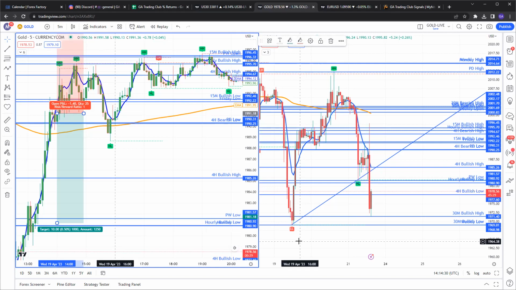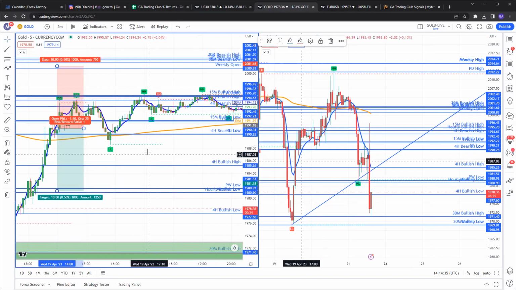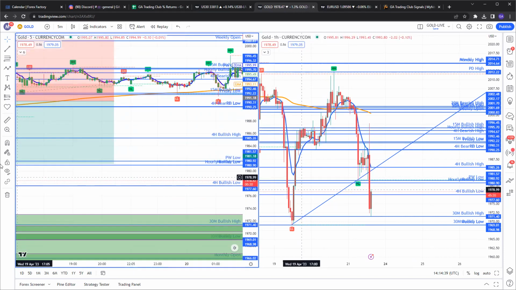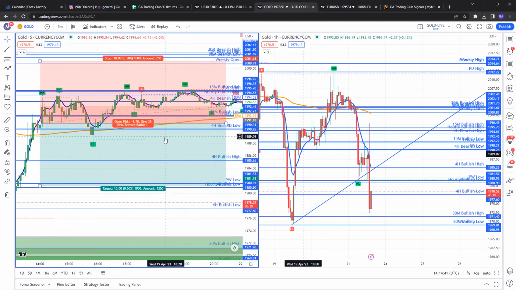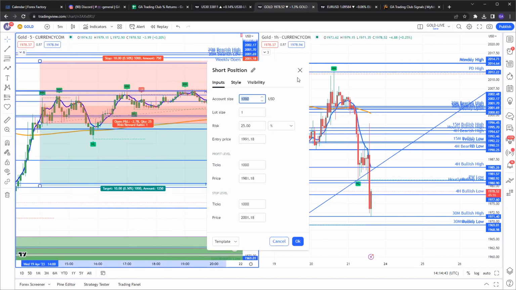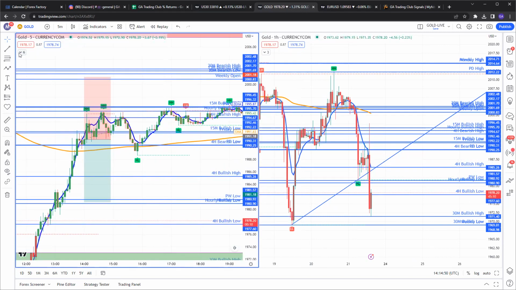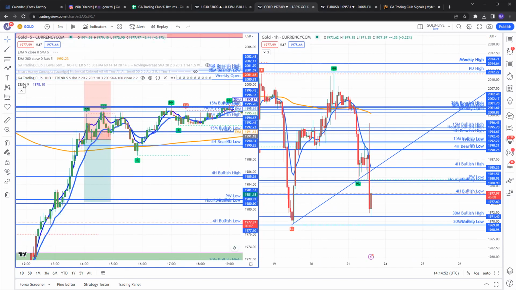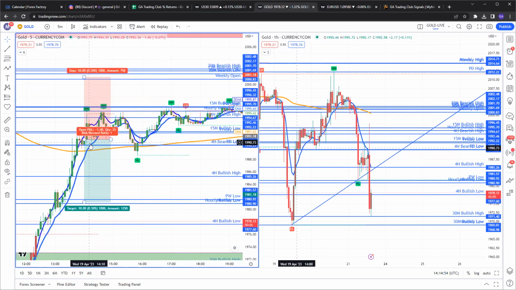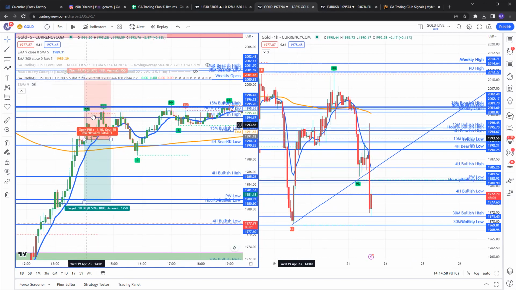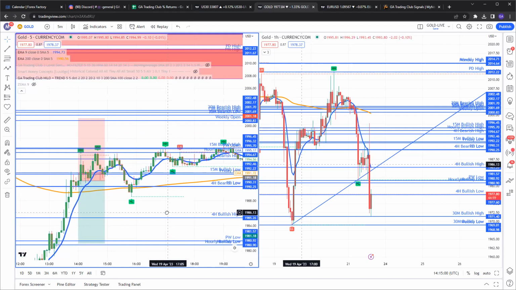For the reversal strategy, you can go for double the TP and stop loss. If you went for 100, I think you could have survived this one, but I don't like holding trades for that long. Let me minimize that and turn on the other one. Now, on the other hand, if you had the other one that has some lag, this right here wouldn't be an entry. Let me turn off the other one. This right here wouldn't have been an entry. The next entry would have been